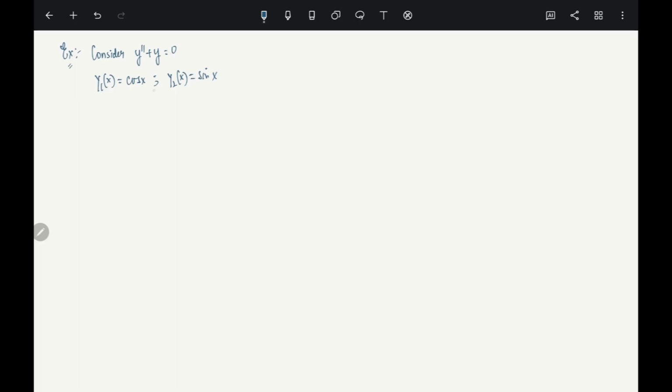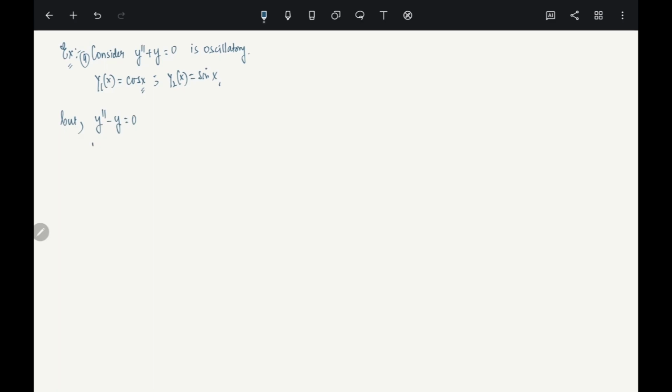So basically, you can see that all these solutions don't have any last zero. The combination also has no last zero. So what you can say is that this is an oscillatory equation. The equation itself is oscillatory, okay? Now, if you change the sign a little bit,